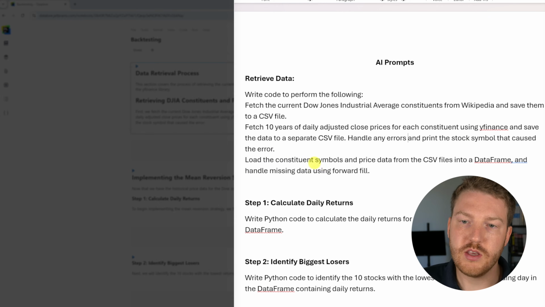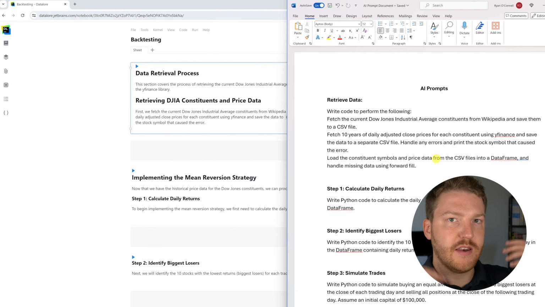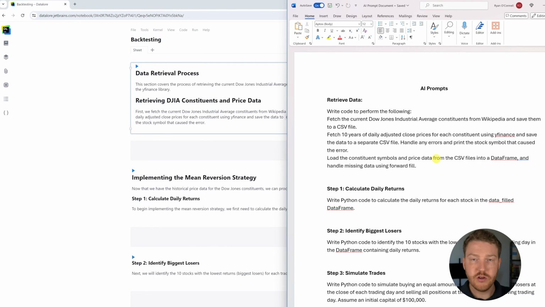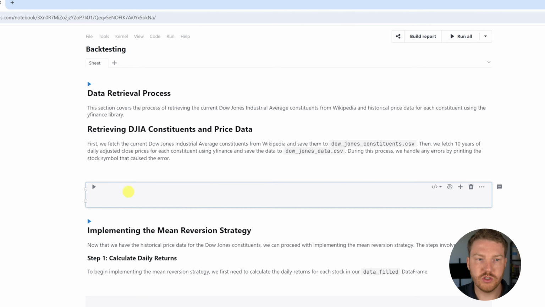Now let's load the constituent symbols and price data from the CSV files into a data frame and handle missing data using forward fill. So basically we just want to find the 30 constituents, get the price history for all of those 30 constituents for 10 years and save it into a nice table, like an Excel table almost, but with Python. So I'm going to grab all this, and then I'm going to go right over into this code